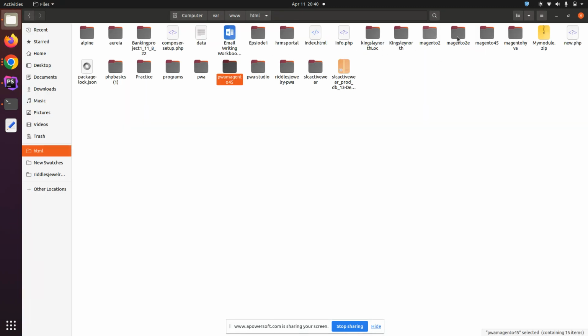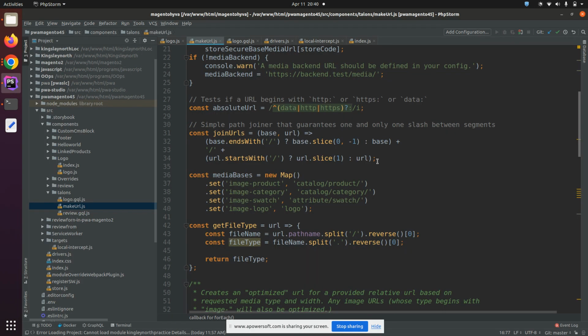If you go to my Magento 45, my Magento, then from the Magento, if you go to pub media, the image will be loading directly from pub media. So here is the image logo, set image logo. If you go to the URL that you show, it will not be there. If you go to this URL and this URL,